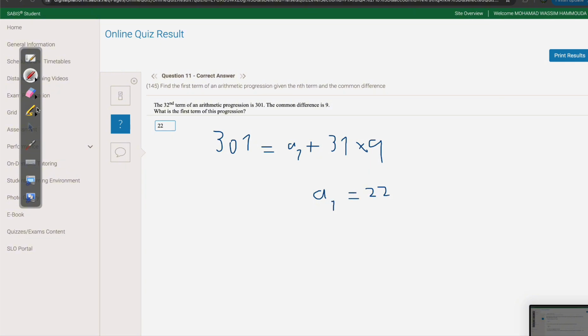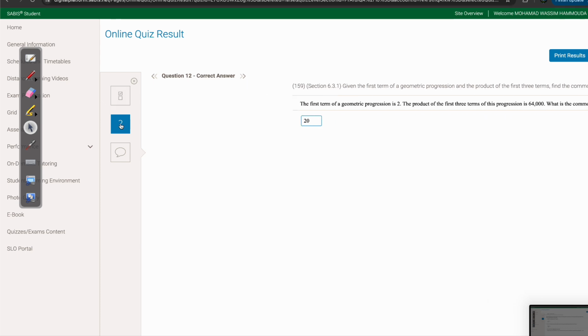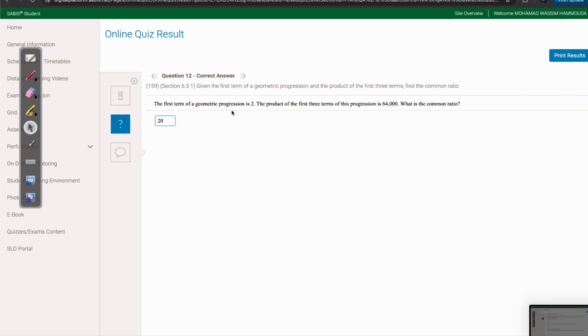On to the next question, number 12. The first term of a geometric progression is 2. The product of the first 3 terms is 64,000. What is the common ratio? Look, so first the term is 2, right? And then the next one is gonna be 2 times the ratio, right? So 2r. And then the one after is going to be 2r times r, which is going to be 2r